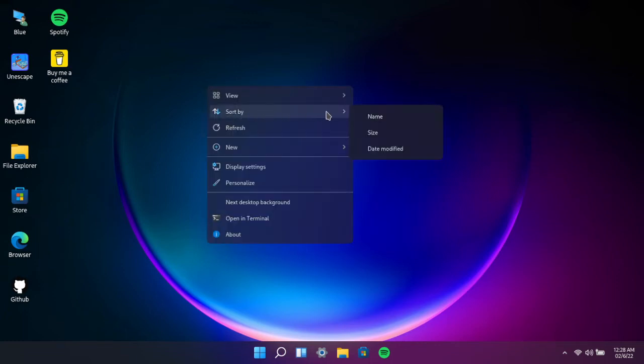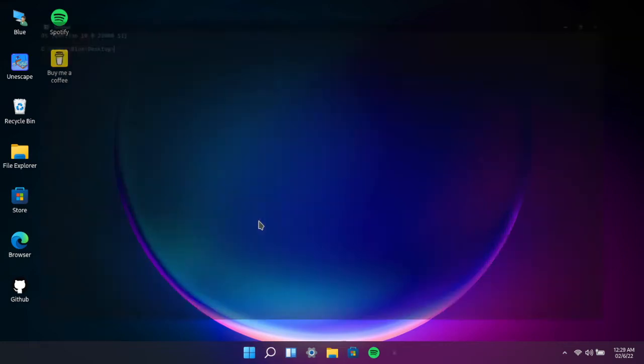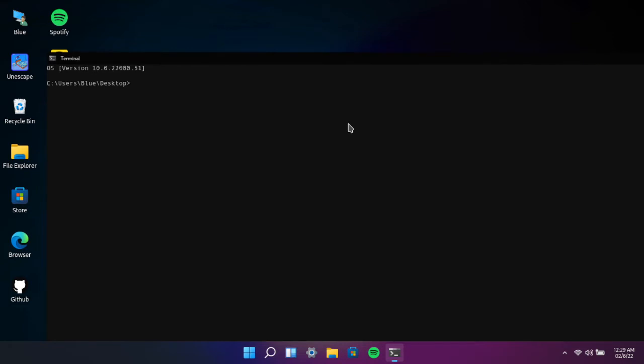And then we can also sort our icon, add new stuff, folder, but that doesn't seem to work for now, I guess. Can click on display settings, which doesn't work as well. We cannot click on personalize, that doesn't work. But if you click on terminal, it works just as it would on a normal PC. How